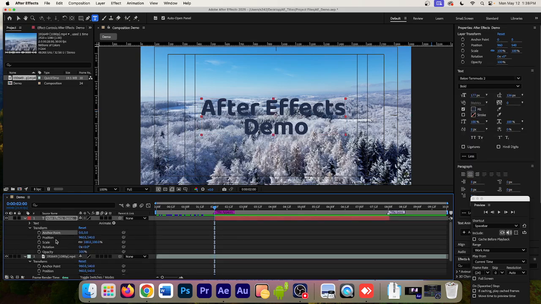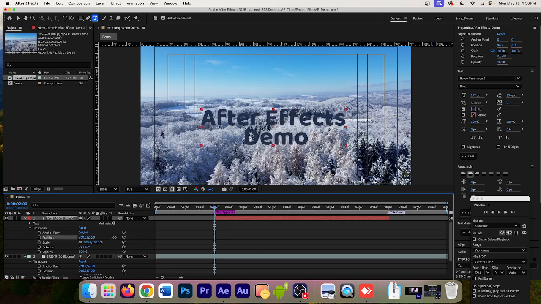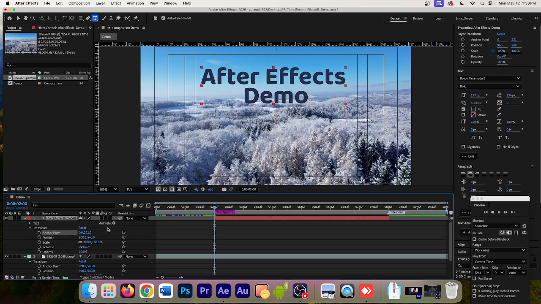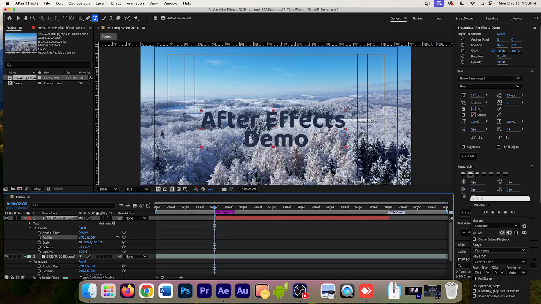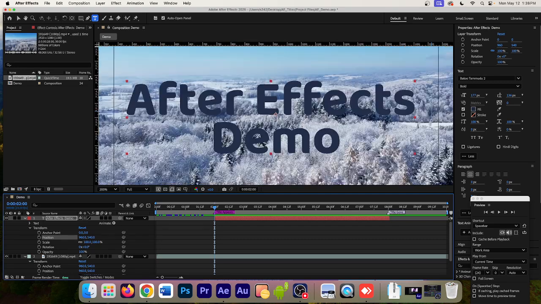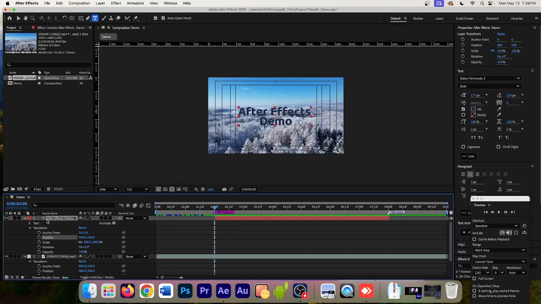You have anchor point, which adjusts the anchor point. You have position, which adjusts the position. So position and anchor point are very different. One involves the anchor point itself and the object's relation to that anchor point, but position involves where the layer is specifically on your comp. So it's all related to the anchor point right here. As you can see, this little tiny dot right there, that red dot, is the anchor point to this text layer. You have scale,